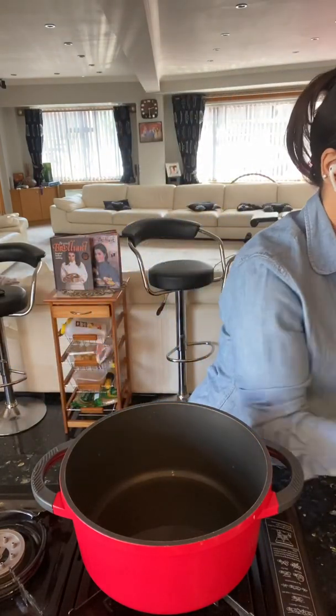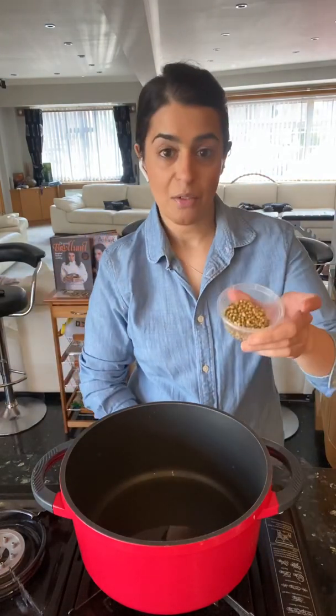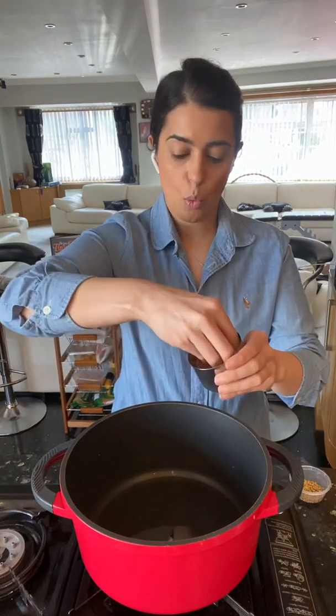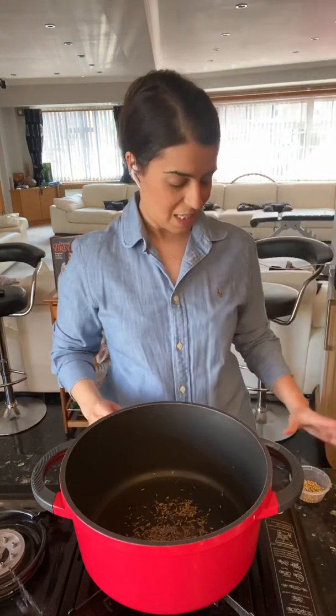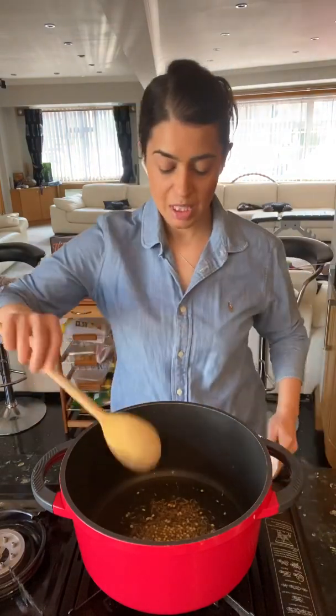Okay, so we have some cumin seeds and we have some coriander seeds, and we need to add both to start with. So my oil is heating well. I'm just going to go ahead now, add some cumin, jeera seeds, and also some coriander seeds. So lots of earthy and warm flavour. Just as they start to sizzle and speak to us,